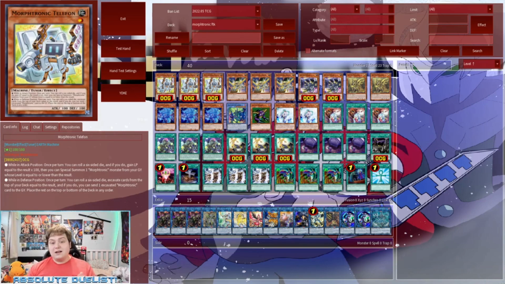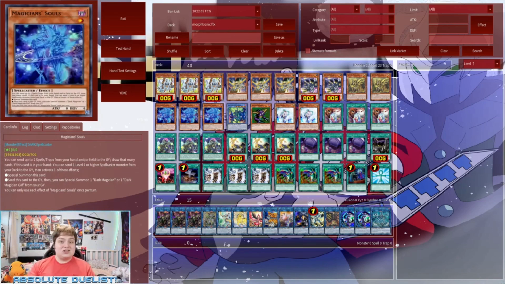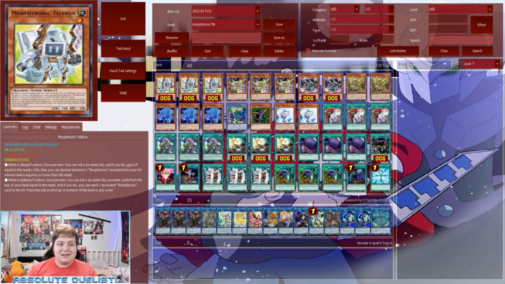If they do take the Telephone, you're going to take the Cellphone, so you can try to go into the combo that way, and if you really need it, you're just going to get the Souls, so you can special summon it and go into further plays there as well. So the card is actually really strong and really nice, and I'll guarantee you 9 times out of 10 they're not